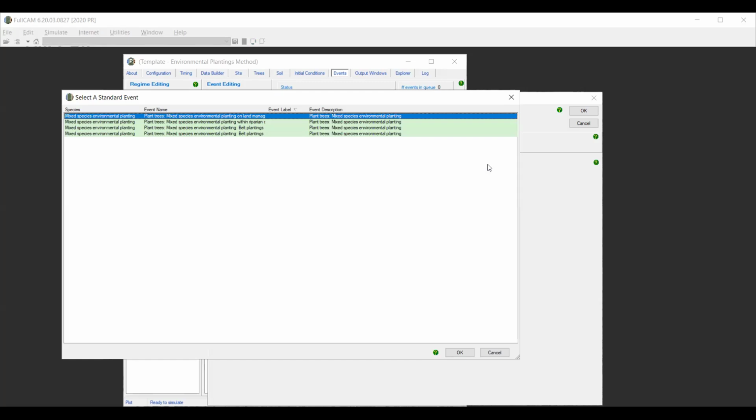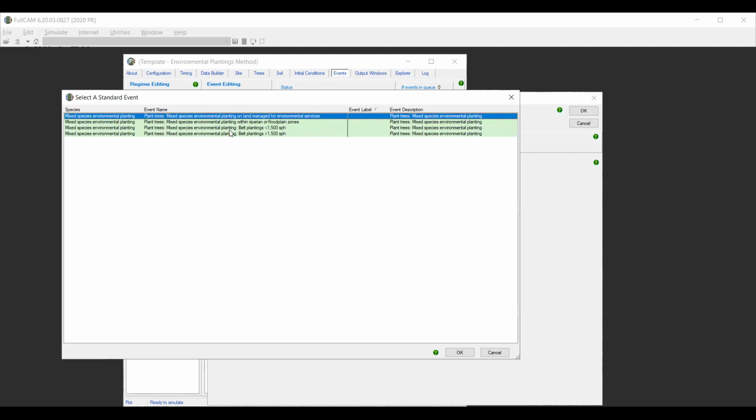In the method, when you read the method, you'll see that a planting is defined by the mix of species. In this case, because it's a generic calibration, we're using the mixed environmental planting, which is meant to be a mix of species representative of your local environment, which has been selected in FullCAM based on my location. But then there are two other important parameters. One is the geometry, and the other one is the density, right? So that is reflected here,